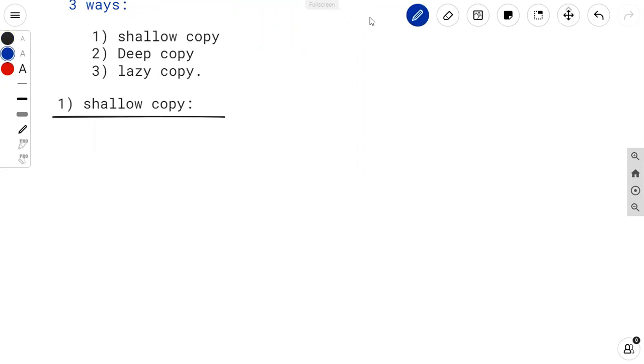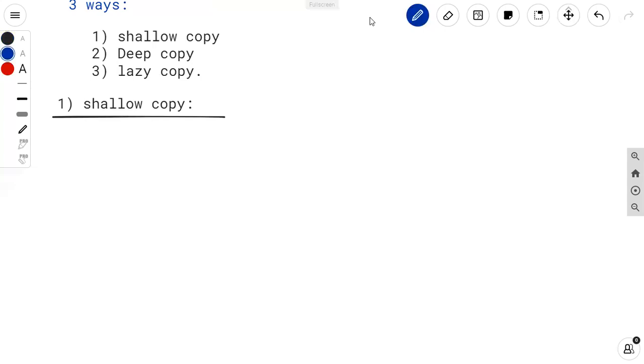So what does shallow copy mean? Either you can copy some members of object 1 to object 2, or you can copy all the members of object 1 to object 2.